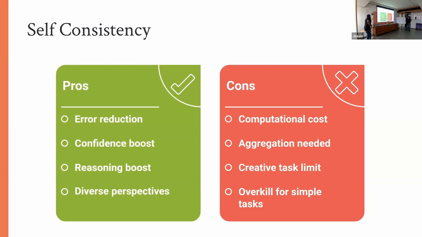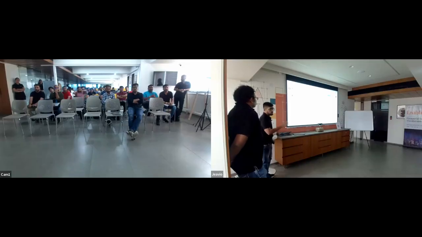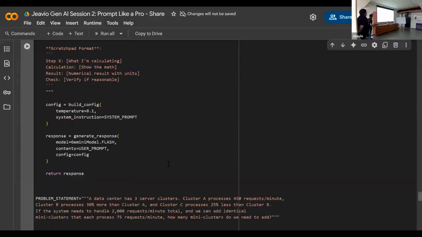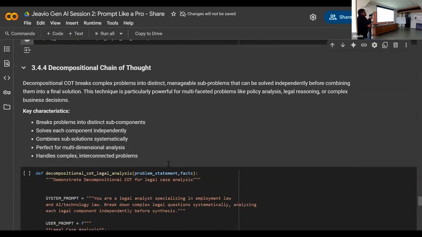That is around self-consistency. We'll move to Google Colab for the same. Here I've provided one simple prompt, similar to what we showed in the group PPT, where we want a sentiment analysis based on the sample data provided. We have asked it to review on the basis of a few criteria, generate multiple reasoning for each, and then provide the final sentiment. And here is the user review that I've used to get the answer.